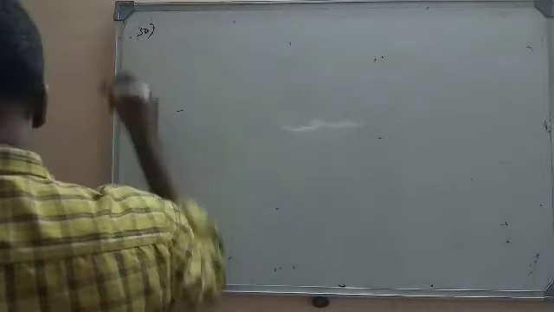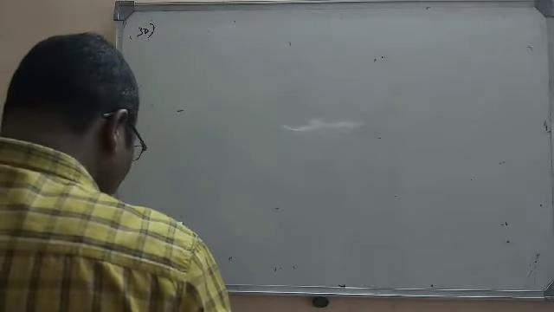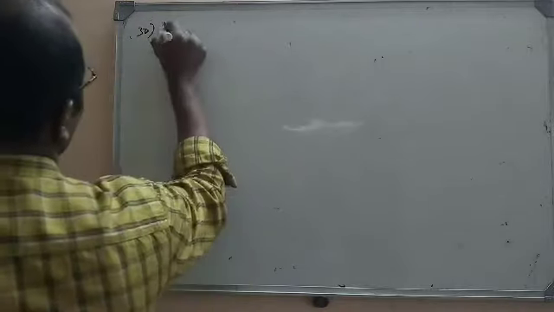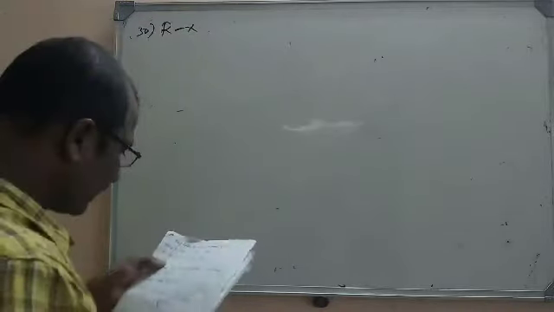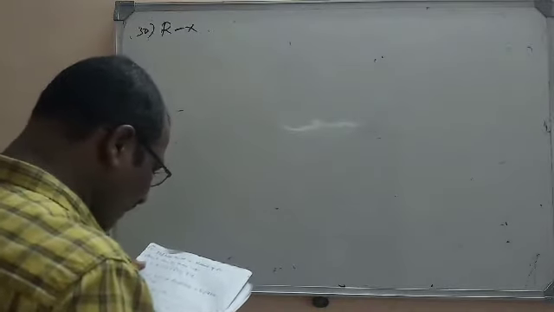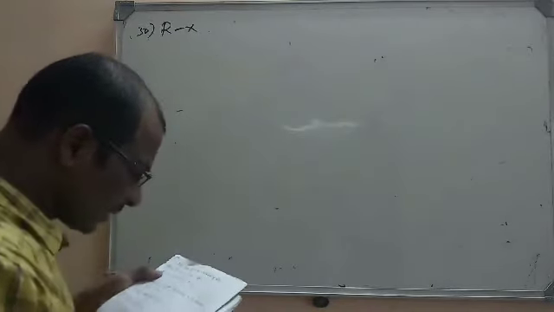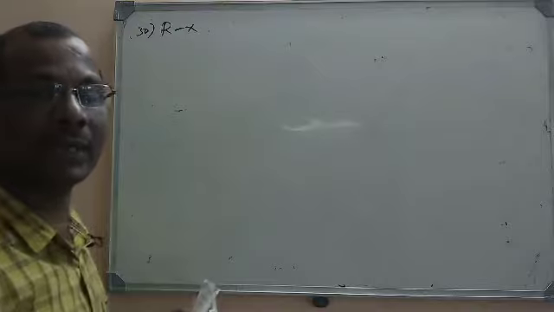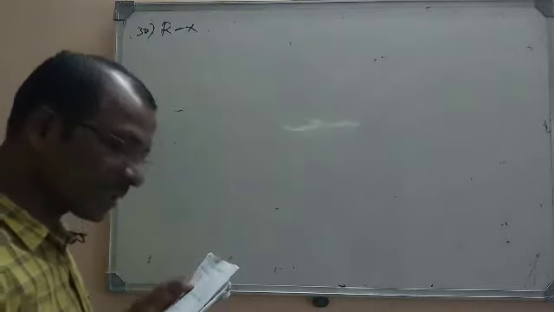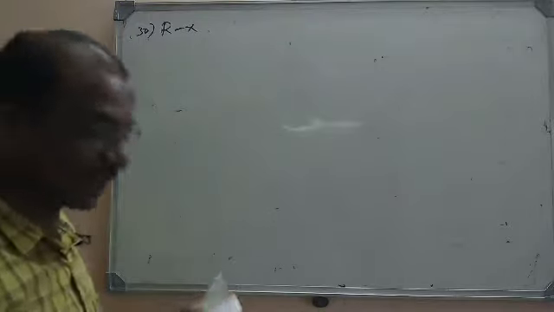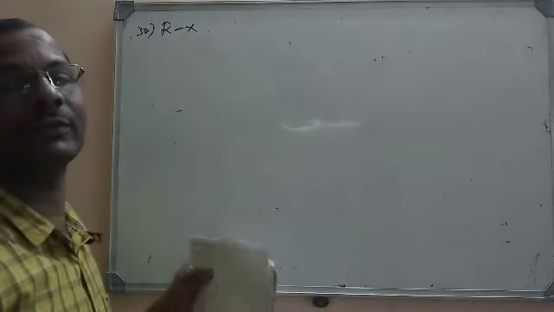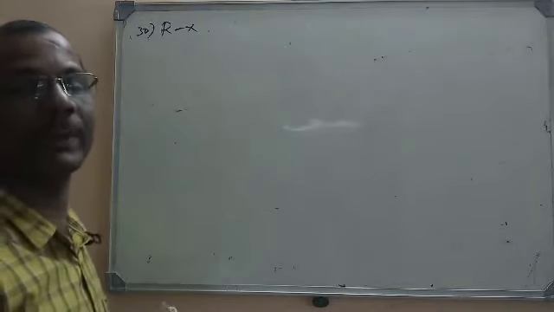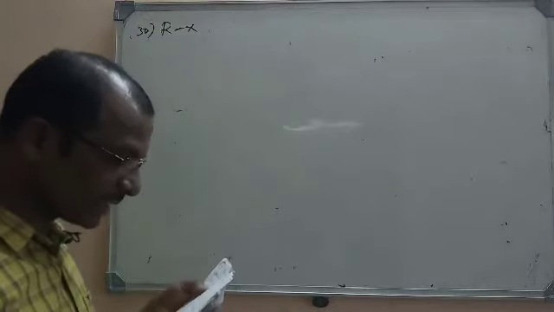Next question, number 30. Alkyl halide cannot be obtained from alkane or alkene by reaction with HBr, HCl, PCl5, Cl2. HBr, for example, when added to alkene we get alkyl halide. Second one, HCl, if you add HCl to alkene we get alkyl halide. PCl5 will not give us any alkyl halide from these, because PCl5 is used to prepare alkyl halide from alcohols. So C is the right option.